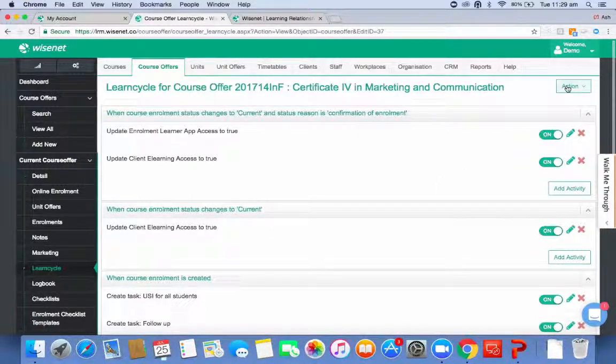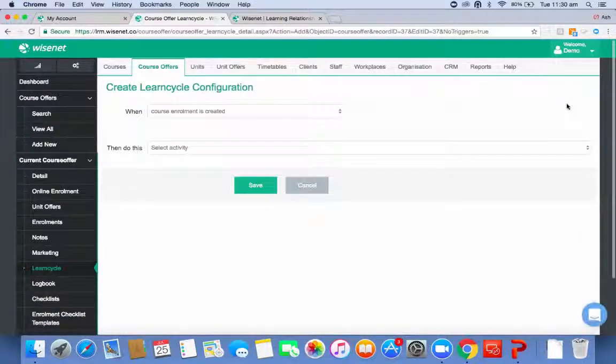Go into Action at the very top, add Learncycle activity. When you click on that option, it asks you what triggers you want to use. Just to stress the point, for the standard edition, you only have one trigger, so you can only trigger